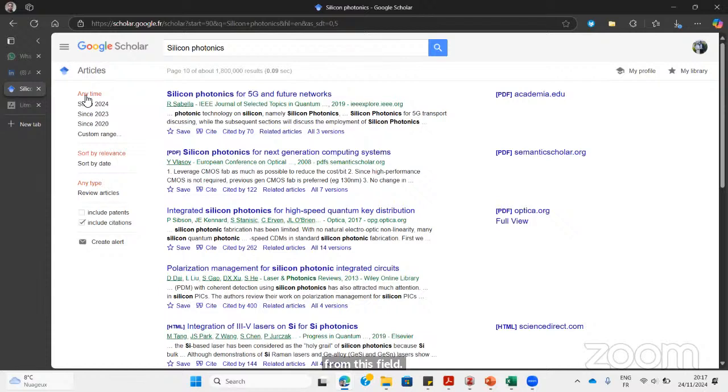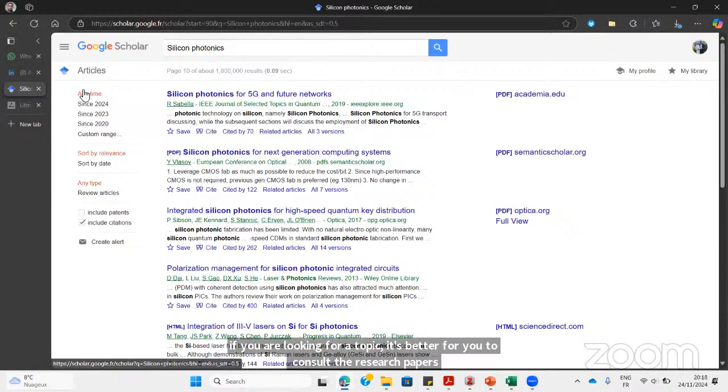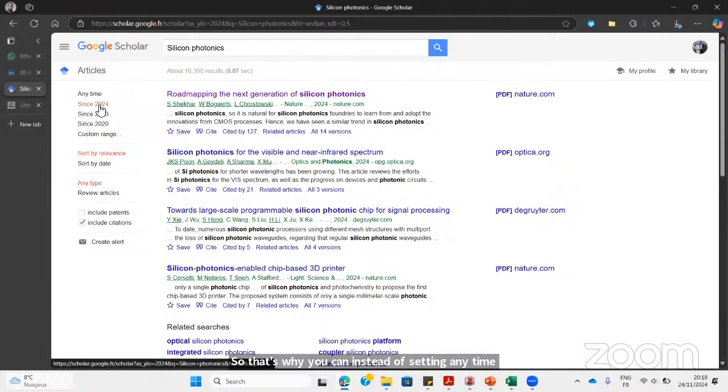In this case, we have this highlighted, that means anytime. If you are looking for a topic, it's better for you to consult the recent papers. So instead of selecting any time, you can select maybe since 2024 to look at the recent papers that are published in this field. For example, this is a state of the art literature review paper. If you read this paper, you can easily find some gaps in research